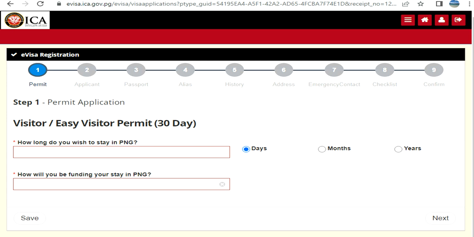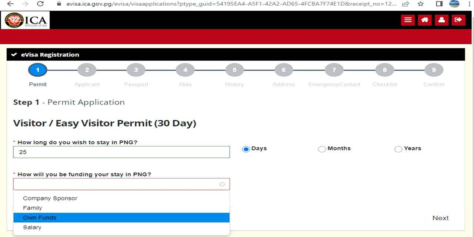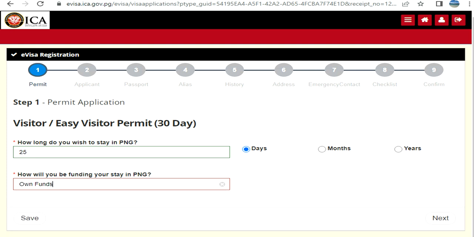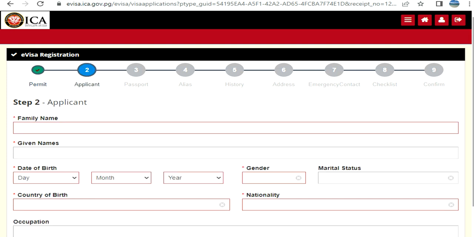So how long are you planning to stay? Let's say you're planning to stay 25 days. How will you be funding your stay? So I'll click own funds. You can click on next. You can save and come back later. Applicant,